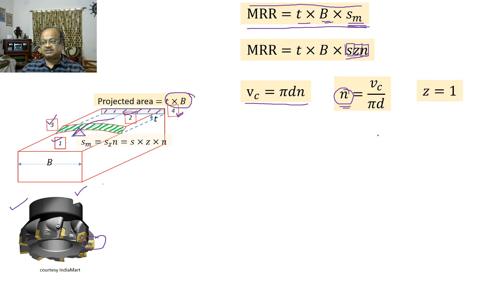For the sake of simplicity, we will assume that there is only one cutting edge on this face mill cutter. Say for example in this there are 1, 2, 3, 4, 5, 6, 7, 8, 9 cutting edges. We remove all the 8 inserts and let us keep only this particular insert in place. So that is a situation like this. This is a very well known thing. This is called a fly milling cutter where only one cutting edge is existing.